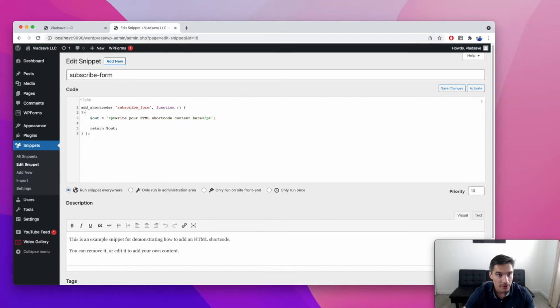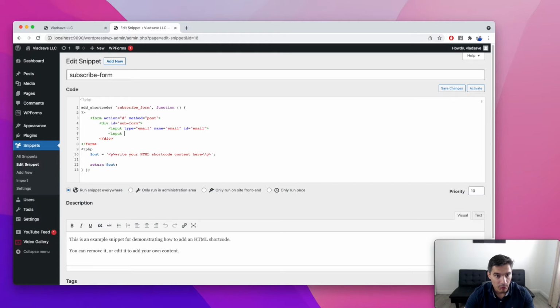And here the HTML that we are going to return initially, it's a form action. Let's call it hashtag, so it will post to the same page that the shortcode is added. Method post, and let's close the form. And here we are going to put all our inputs into one div. Let's call this div sub_form. Sub comes from subscribe, and we will have here two inputs: input of type email, name email, ID email,